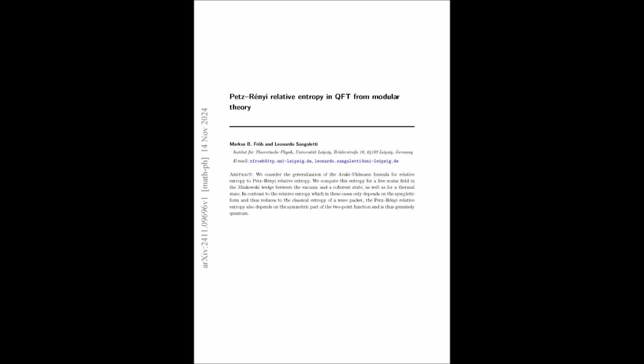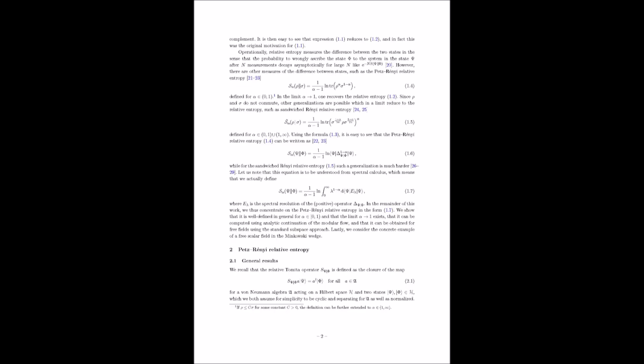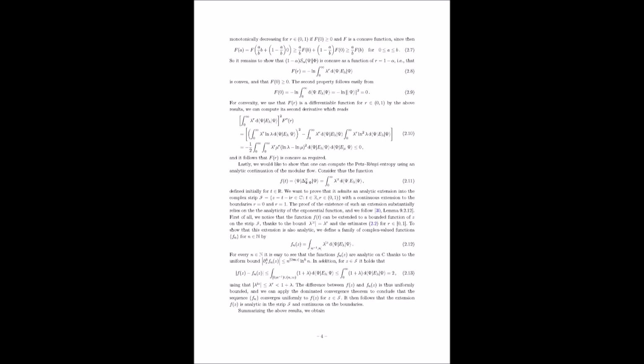The relative entropy between them tells you how distinguishable they are, based on measurements you could perform. It's like a measure of how surprised you'd be if you thought you had one state, but it turned out to be the other. Exactly. And the paper references the Araki-Uhlmann formula for relative entropy, which uses modular Hamiltonians. This formula is derived from deep theoretical concepts in quantum mechanics, and it provides a really robust way to calculate relative entropy in complex quantum systems.